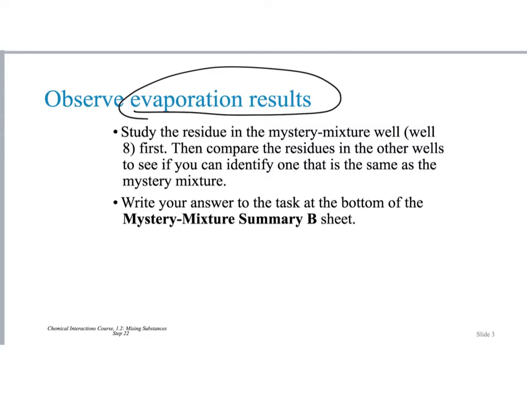Once you look at the residues in the wells, I want you to write on your mystery mixture summary B sheet at the bottom which one you believe is closest to, or which 2 are closest to, your mystery mixture. I'll give you a hint. There are probably 2